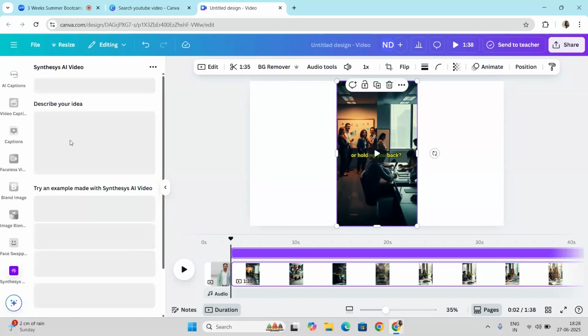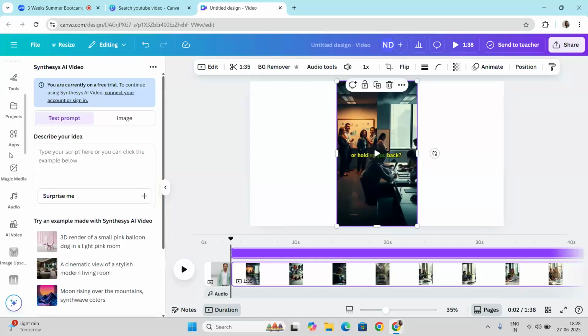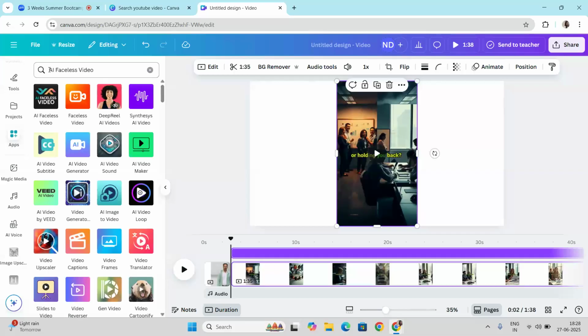You just need to describe your idea, then we have examples you can use accordingly. So this is the only thing that you have to understand. Come to the app section, just write this keyword AI faceless video and you can use all these starting tools. I guess these 4 videos are there.